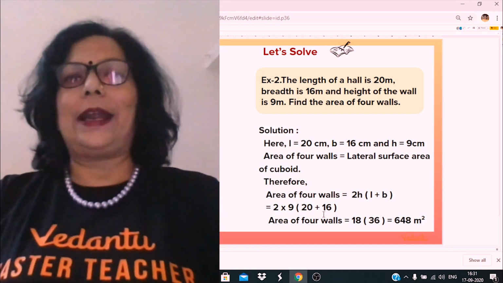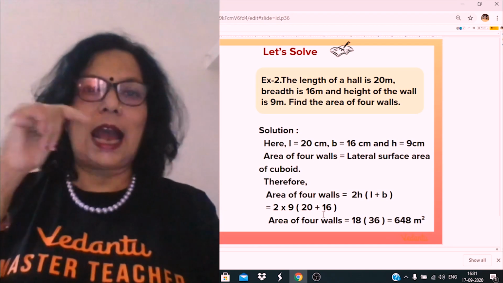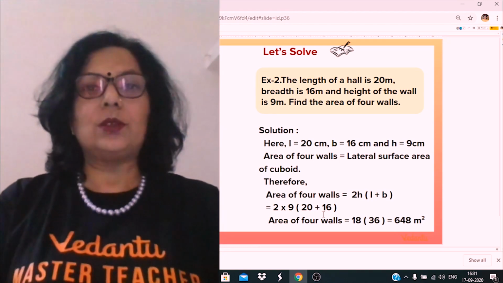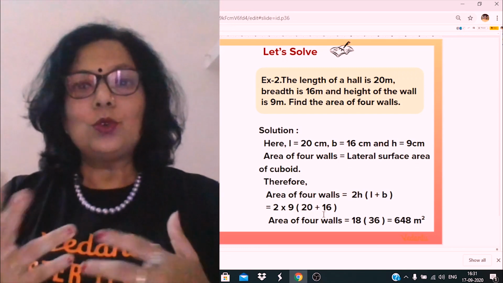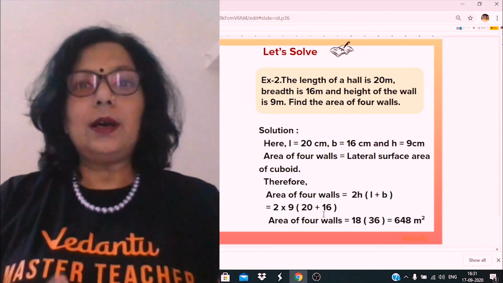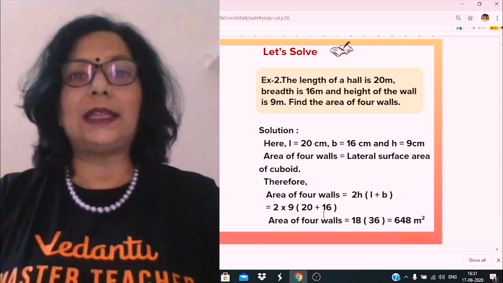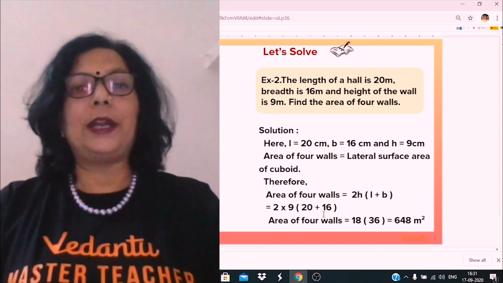Whenever there is whitewashing at home, you tell your father, okay, I will calculate it. Recently, when a lot of home renovation was going on, the whole day I was using mensuration only, because if I have to go to the shop and buy the tiles, and buy the paint, how many liters of paint will be used?